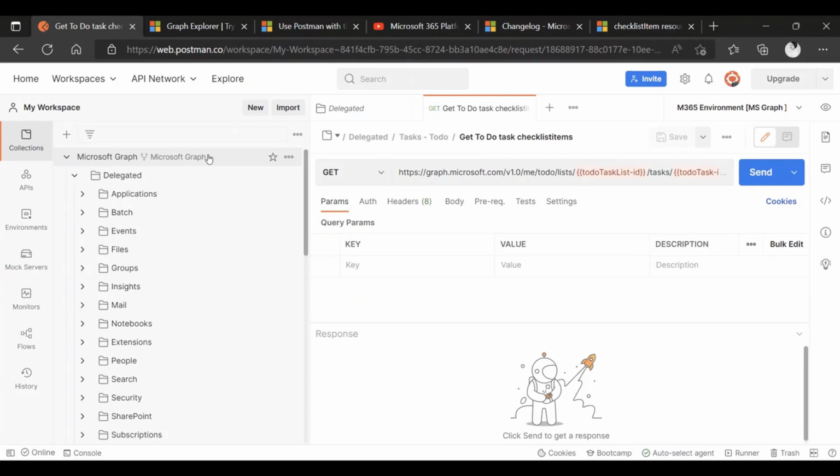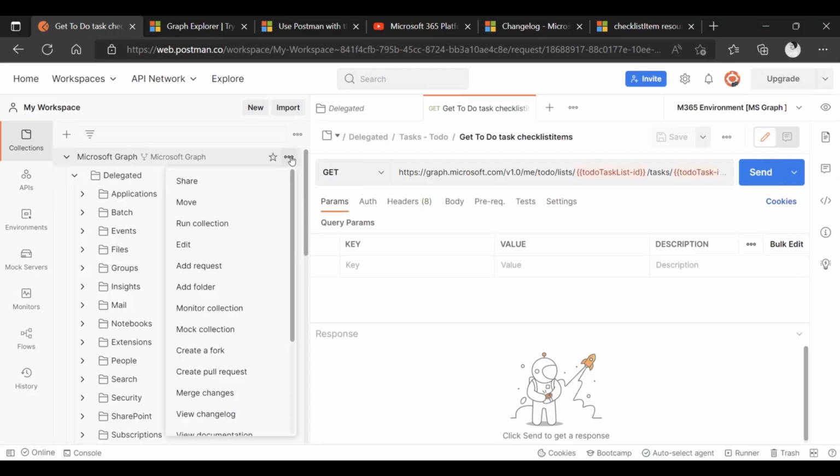You can even connect that to your CI/CD pipeline using Newman, which I just learned. It's a command line tool from Postman to run collections. So if I come here, I can see run collection.